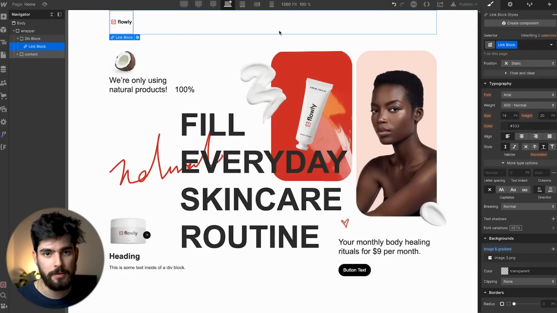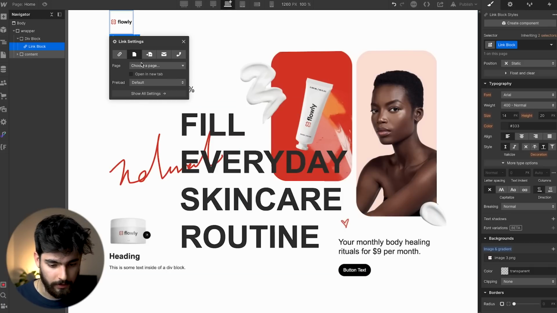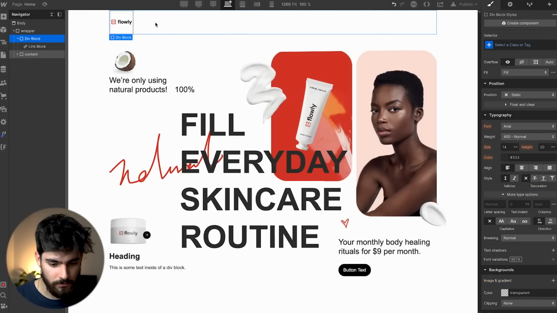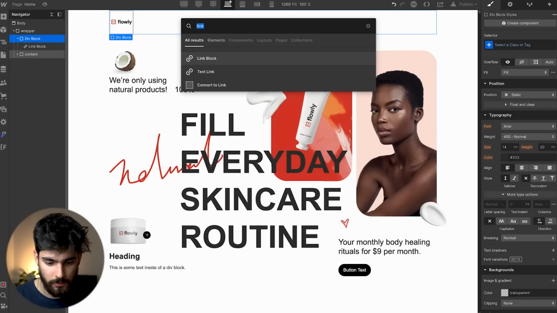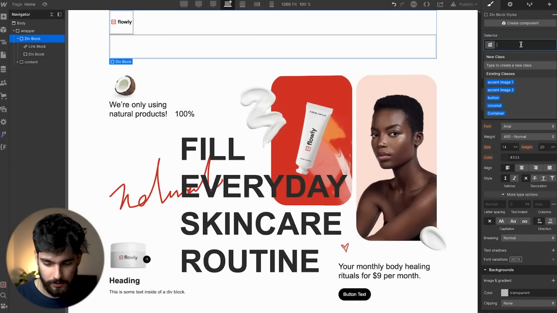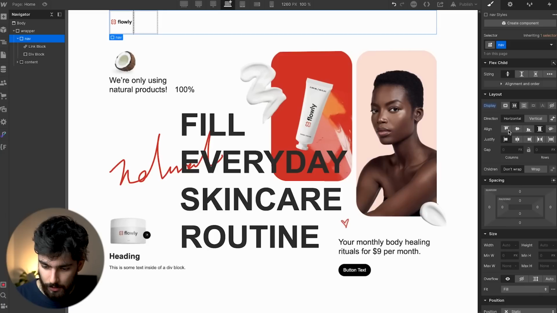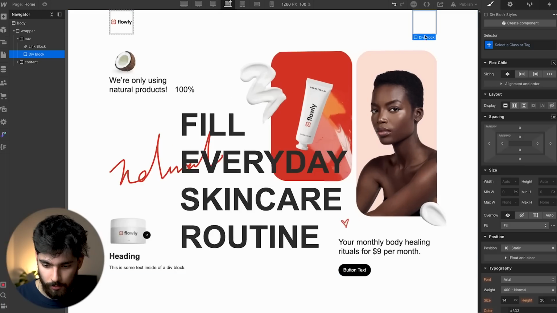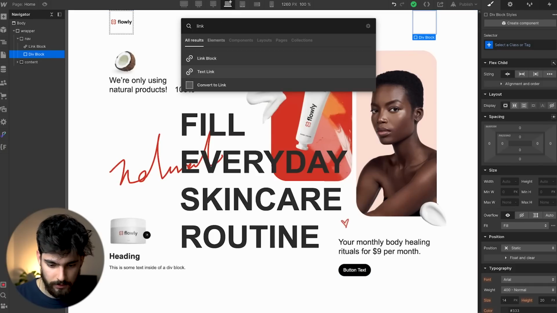So now this link can always be the link block that you want to manage to go home or to go to wherever link that you want. So in this case, we're just going to choose home, and then we can choose which way we want to have these links as well. So we can go ahead and create a div inside of our nav. So we can call this nav, and this should obviously be flex block or flexbox. And okay, so let's go ahead and add these and then we'll be done with it. But the point is that text link,